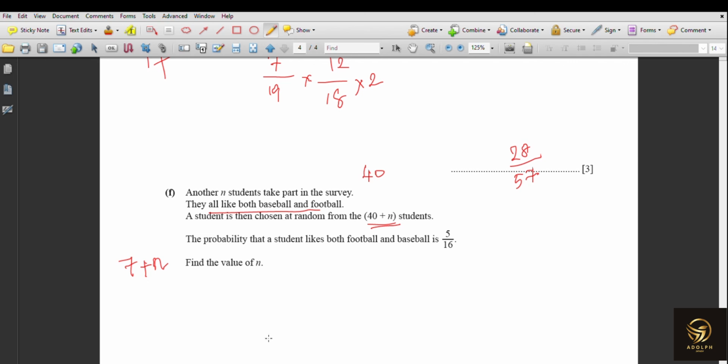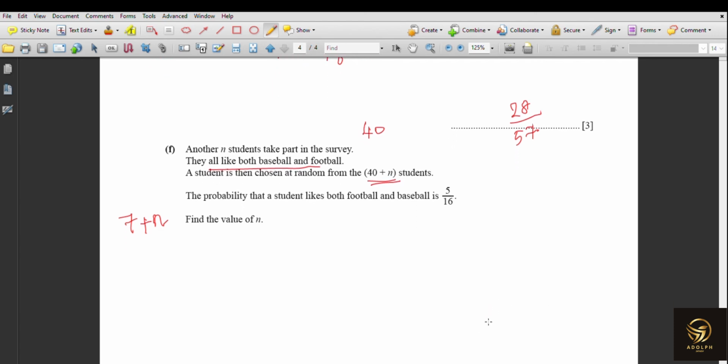The probability that a student likes both football and baseball is 5 by 16. Why did they give the probability? Why did they not ask us to find it? Because n is not a number, it's just a variable, so we will not be able to find a perfect probability. But they gave the probability, which means they are asking for the value of n. So what is the probability of the students liking both football and baseball? How many chances? Actually n plus 40. How many successes? There were 7 students before, now we added n, so n plus 7